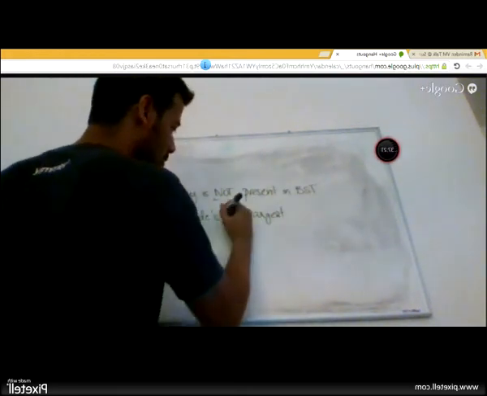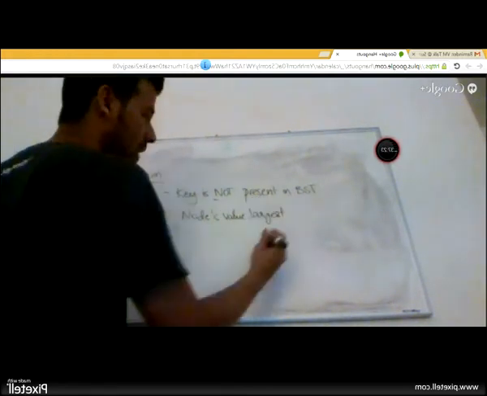Let's say node's value. I don't want to use the key too many times and confuse it.